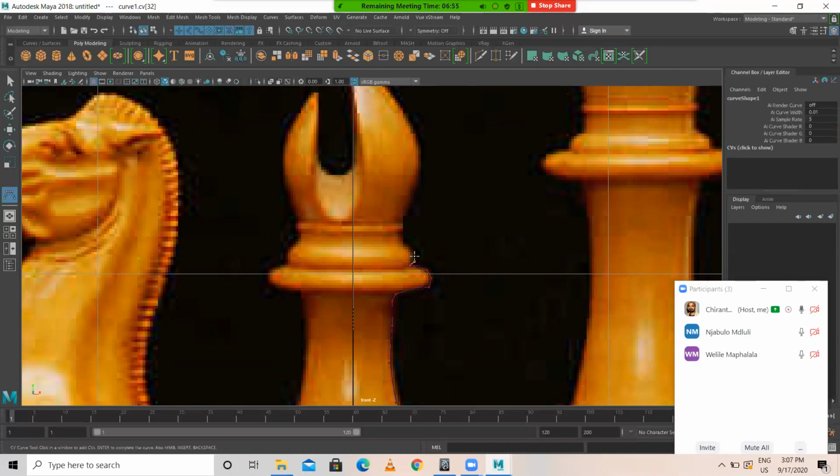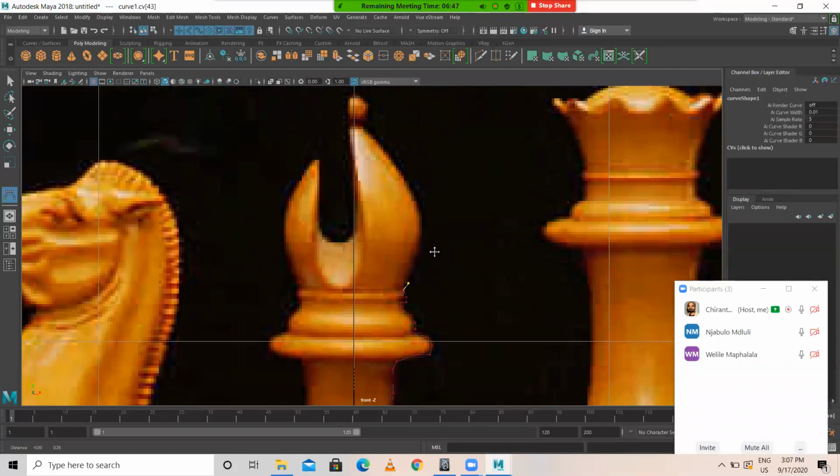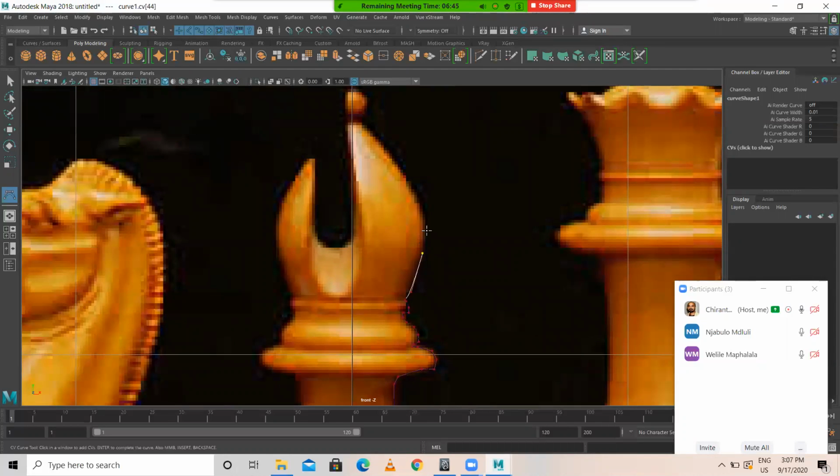See, every detail is very important in this. The more detail you give, the output will look really good.